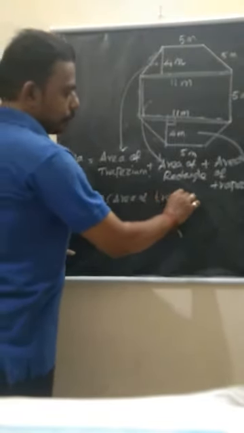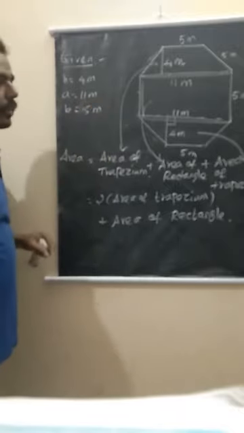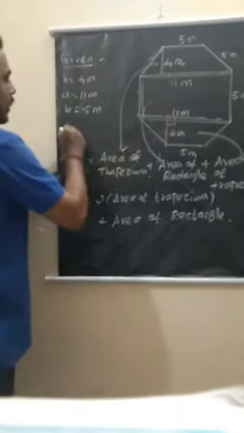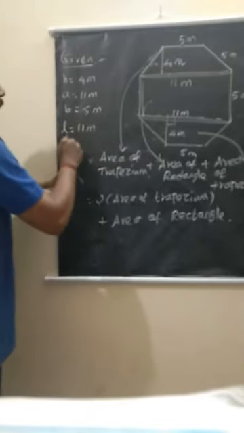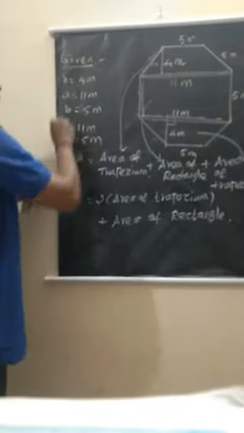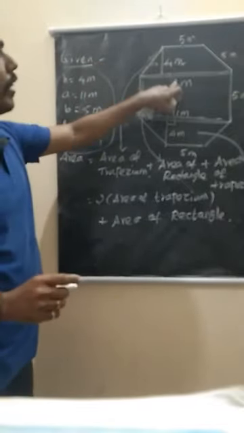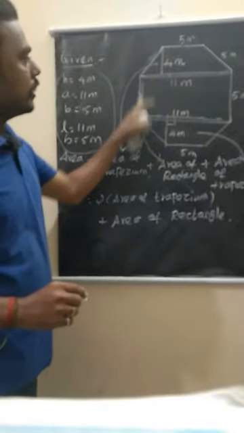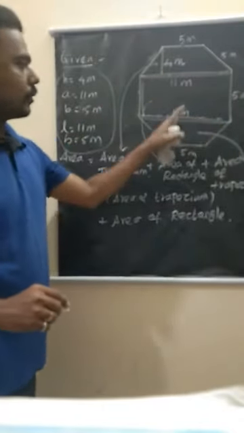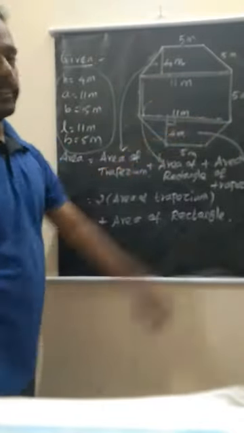Okay. Now what things are given? In the trapezium, we consider height as 4 meter, A equals 11 meter, and B, the parallel side, equals 5 meter. In the rectangle, we consider L as 11 meter and B also 5 meter. This is the given form. You can understand easily: A value, B value, H value. In this rectangle, length and breadth, so 11 and 5. Now we are going to add all those things.